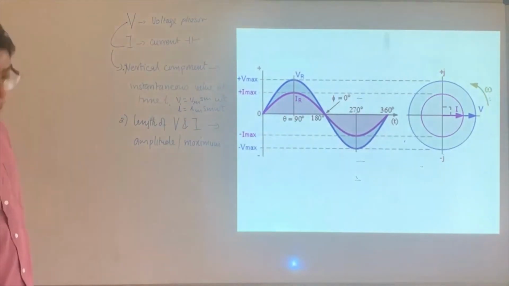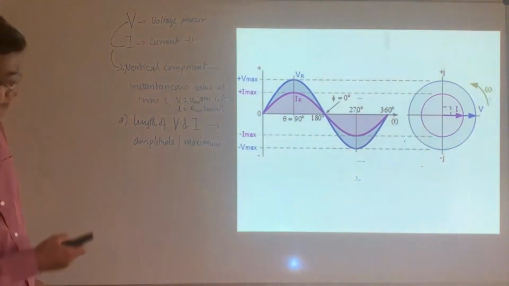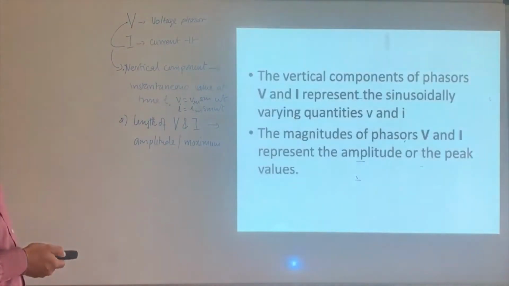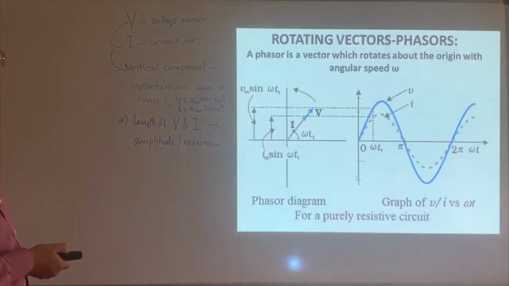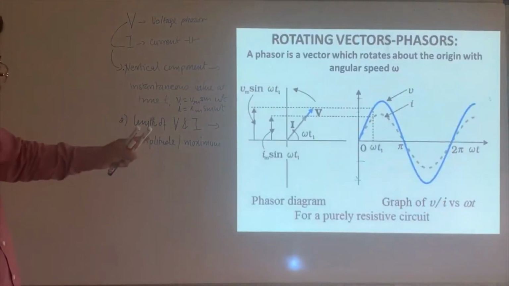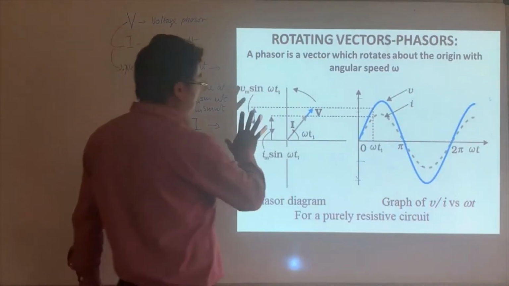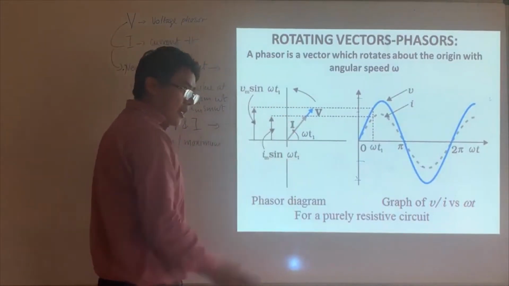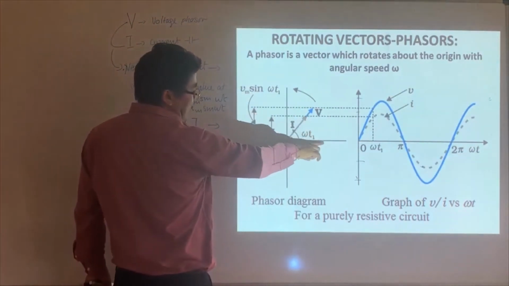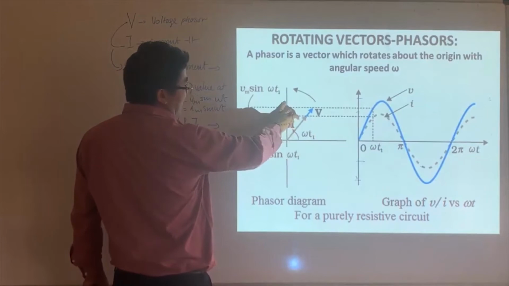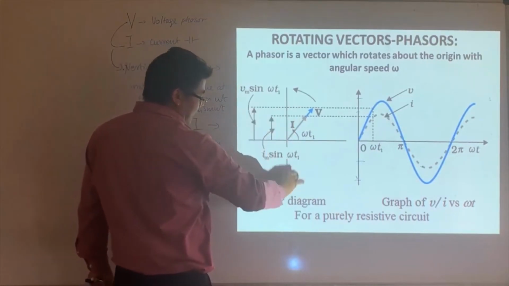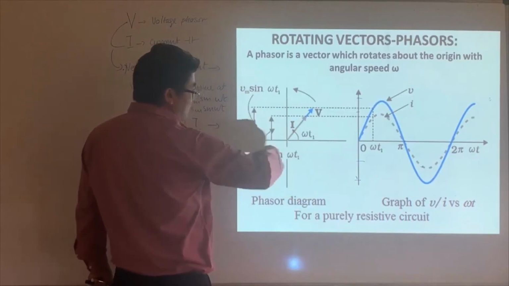So this is again a nice representation, right? Now let me tell you regarding pure resistor. In case of pure resistors, voltage and current go together, right? So they all go together. When voltage is 0, current is 0. When voltage is maximum, current is maximum. When voltage is 0, current is 0. When voltage is in a negative direction, the current is too. So this represents